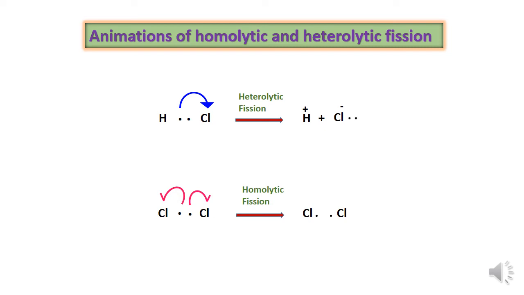Now if you see the homolytic fission, we have taken here the example of the chlorine molecule. Two chlorine atoms are bound by the chemical bond. The electron pair is shared between these two atoms. Now there is homolytic fission, meaning each electron of this chemical bond gets retained by each chlorine atom, and thus we get free radicals. So let's see how it actually takes place. These two electrons are retained by these two chlorine atoms, and thus the neutral free radicals are formed by homolytic fission. This homolytic fission is given by the half-headed curved arrow.